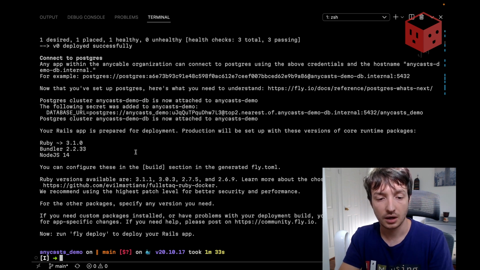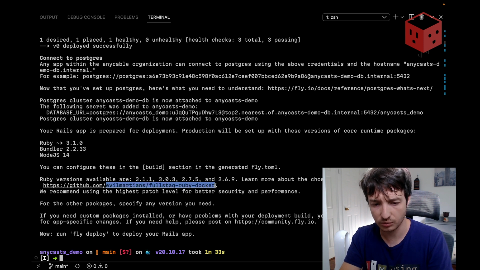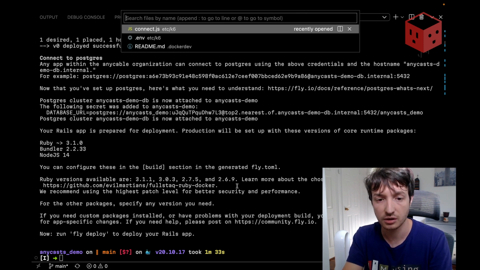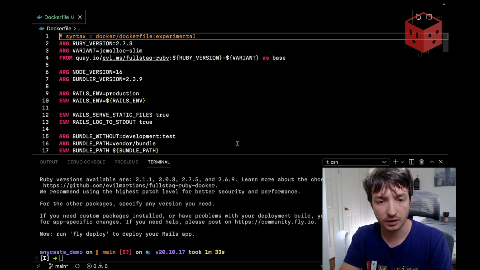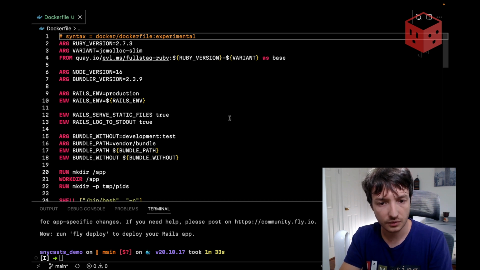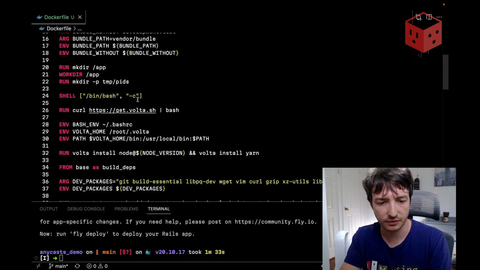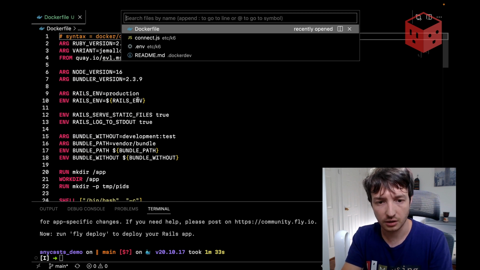That's great. So your Rails app is prepared for deployment. We're using Ruby 3.1, Bundler, Node.js. Okay, what happened? Ruby versions available. This is cryptic. Here we see that Fly is using Evil Martians' full stack Ruby Docker image as a base image for the application. Let's take a look at the Dockerfile actually. So here we use the Ruby version variant. Here the Ruby version is 2.7, which is definitely not what we're using. Okay, let's take a look at the